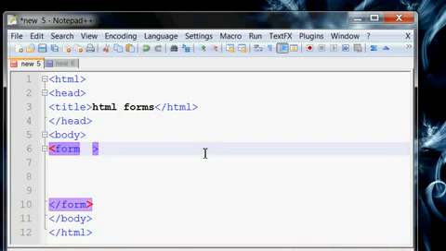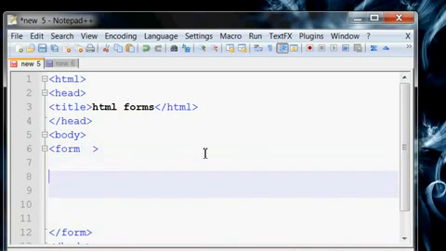And one more attribute is called method. There are two methods for getting values from an HTML page. These are the get method and the post method. We will cover these methods in our PHP or JavaScript tutorials. Okay. For now we are just creating a basic GUI for forms, in which I am making a name field